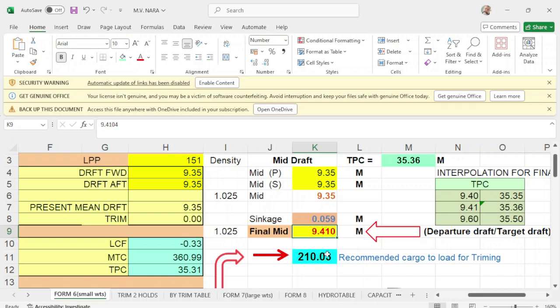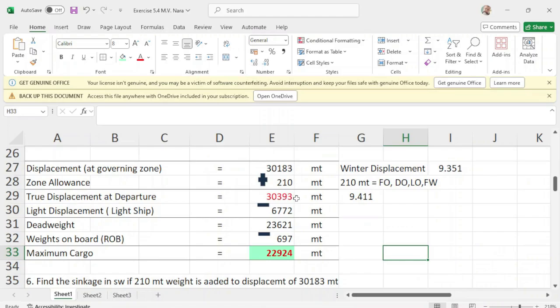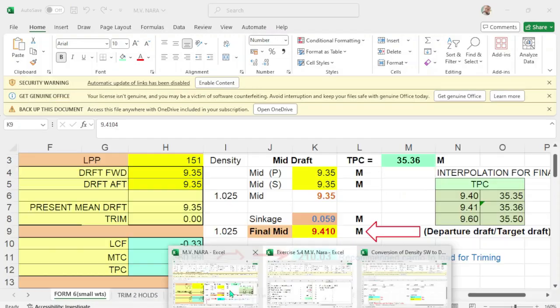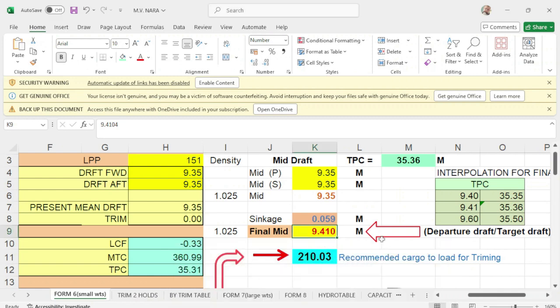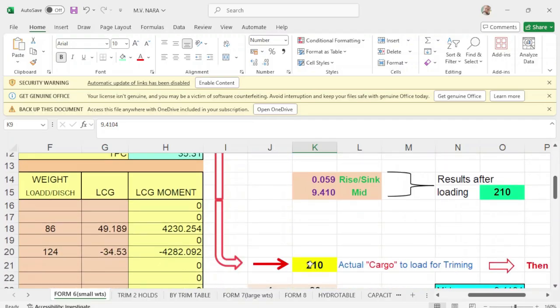Now, your departure of salt water of 9.41 and your additional cargo of 210 metric tons, which is this one. I'm sorry, your additional cargo, so only up to this one. Okay, 9.411. Okay, here 9.41. Now, suppose I put here 210,